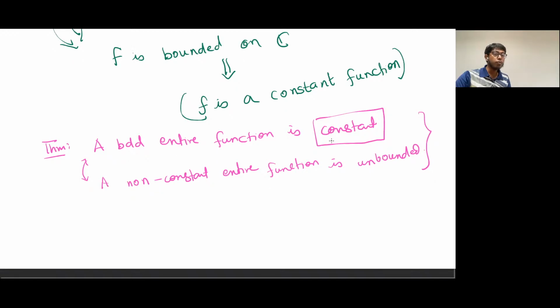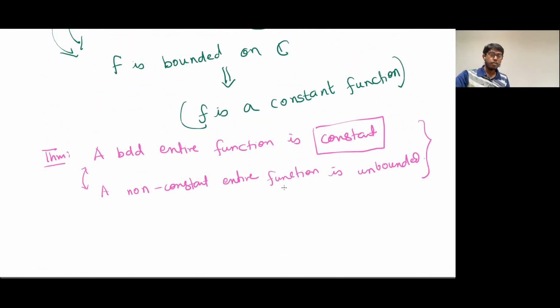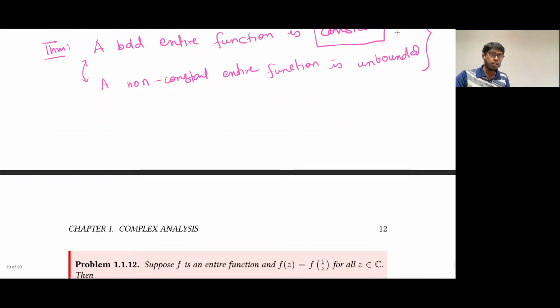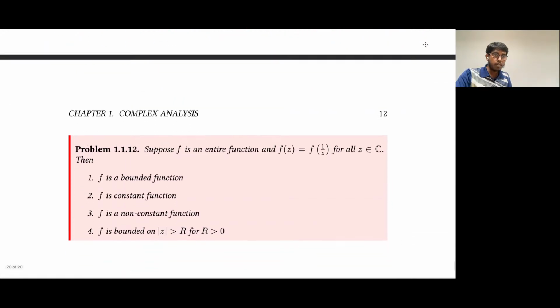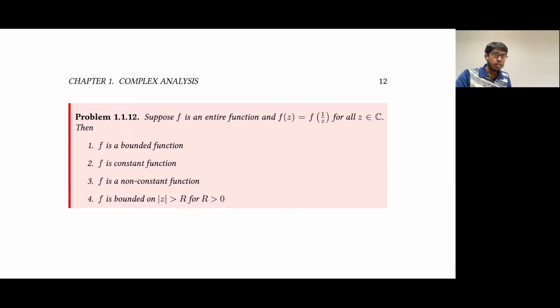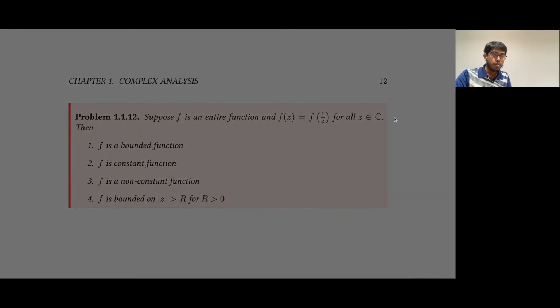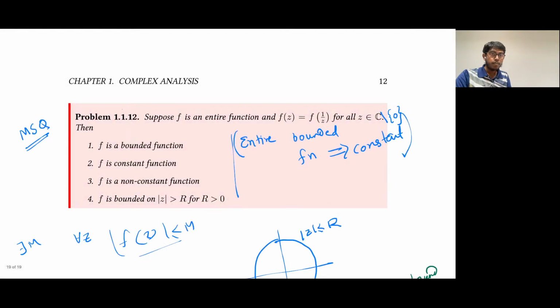Oh, less than equals to r. Yeah, you see. Sorry, what I did. Just a minute. Add a new page here. Yes. So see,